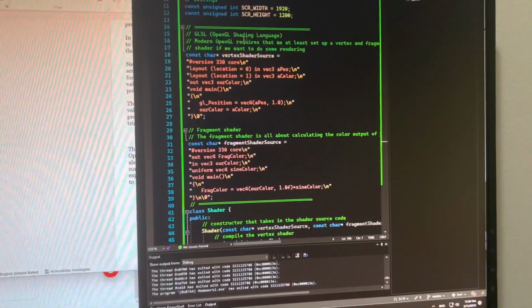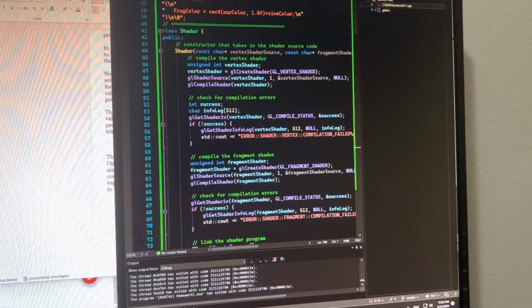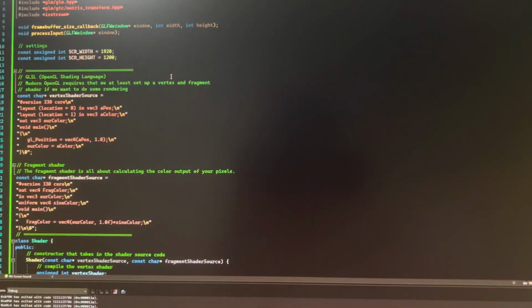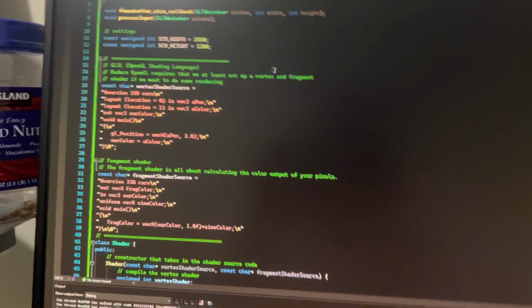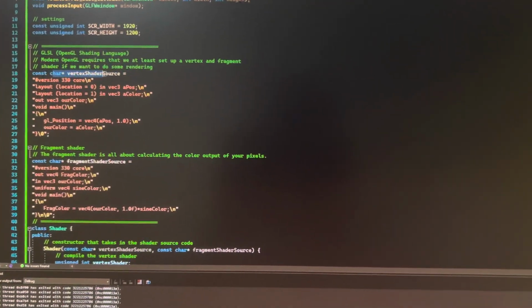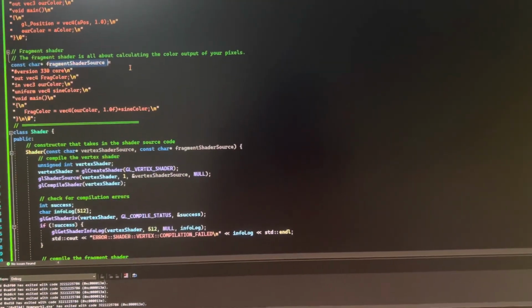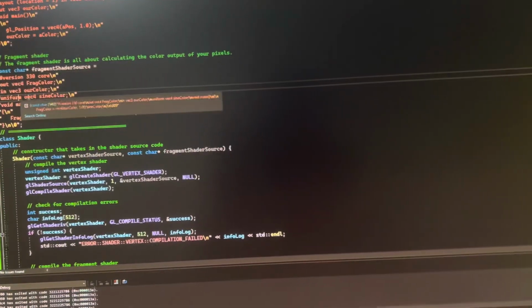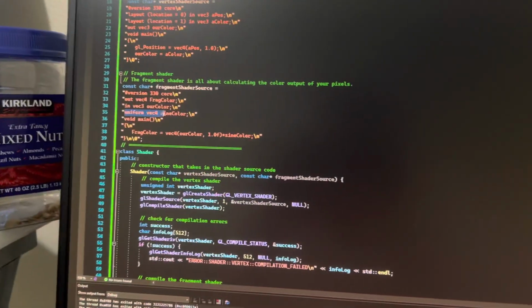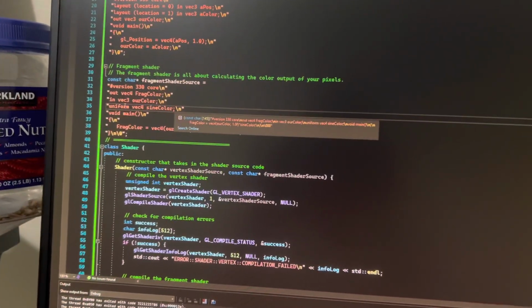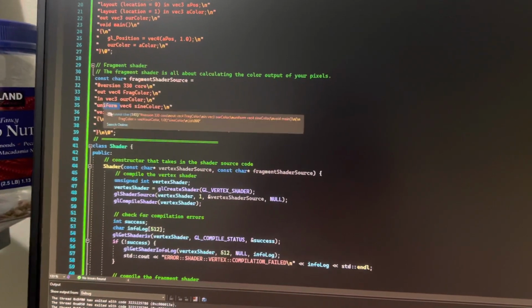I'm showing off my OpenGL project. So basically, over here you have your vertex shader and your fragment shader. The main thing that I changed here is I added another uniform input. So this is kind of like a global, and then